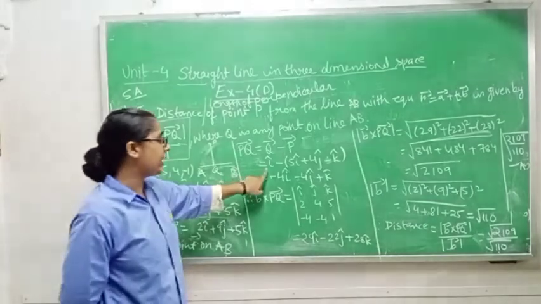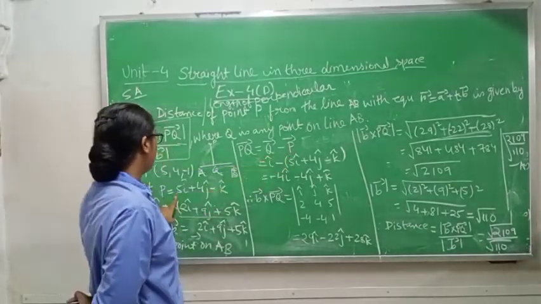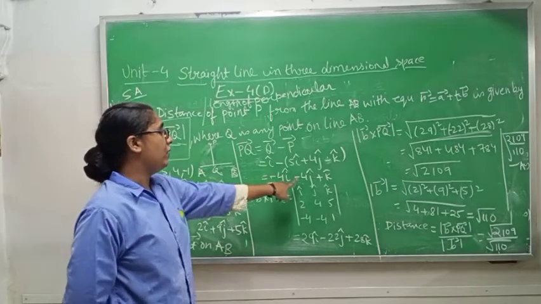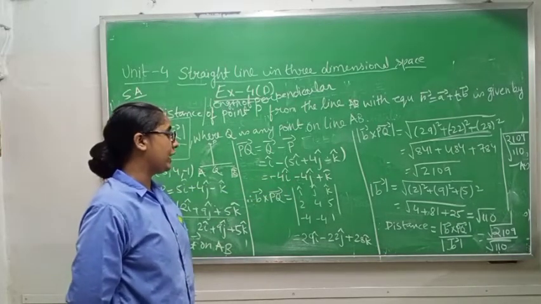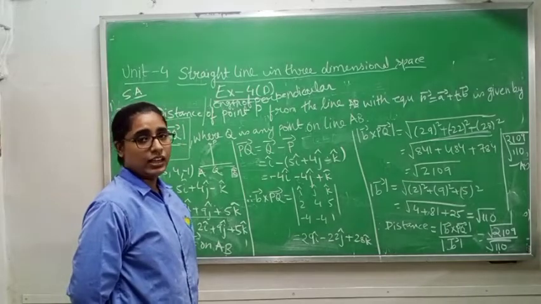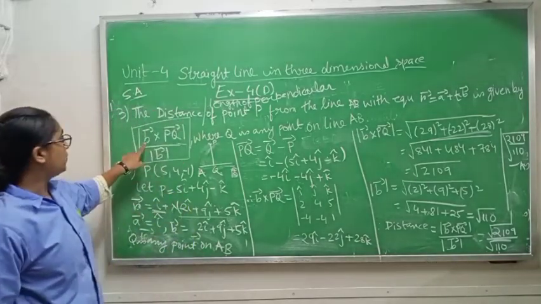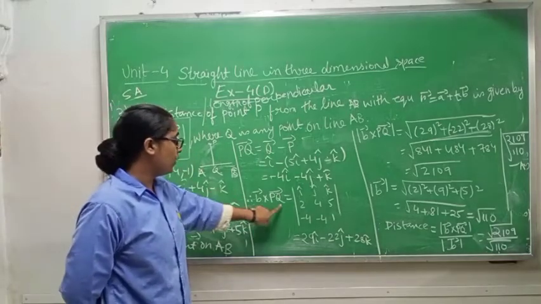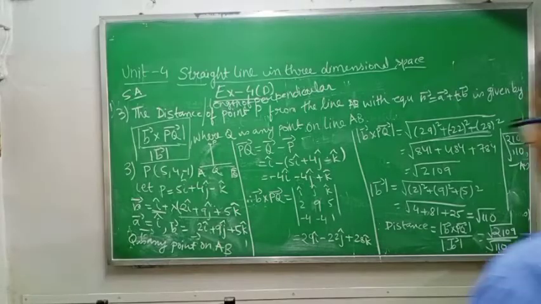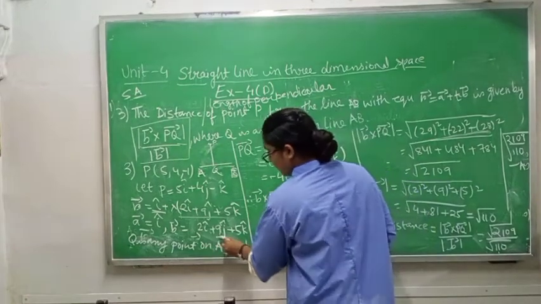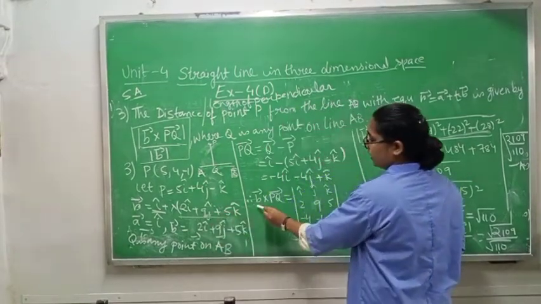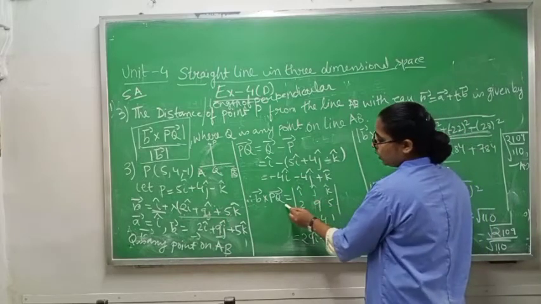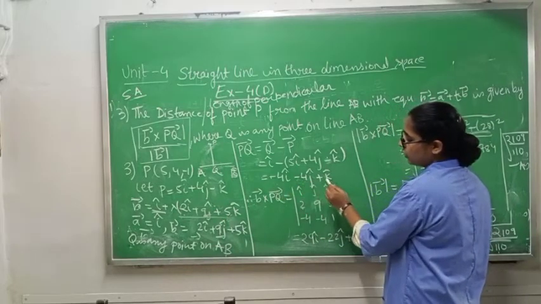So you will write i cap minus (5i cap plus 4j cap minus k cap). When you solve, you will get minus 4i cap minus 4j cap plus k cap. Okay. Now first you have to find b vector cross PQ vector. So you know whenever you have to do cross, plus 12, this one will be your 9, it is given 9. So b vector is 2, 9, 5, and PQ vector you are getting as minus 4, minus 4, 1.